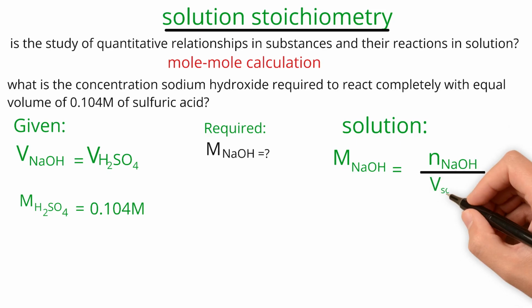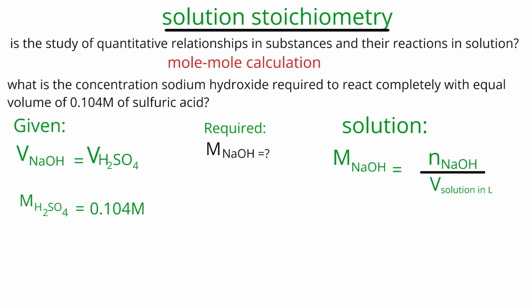But we don't know the value of volume of sodium hydroxide. Again, we don't know the value of mole of sodium hydroxide. Therefore, we cannot calculate molarity of sodium hydroxide. So we need to calculate first the mole of sodium hydroxide as well as volume of solution